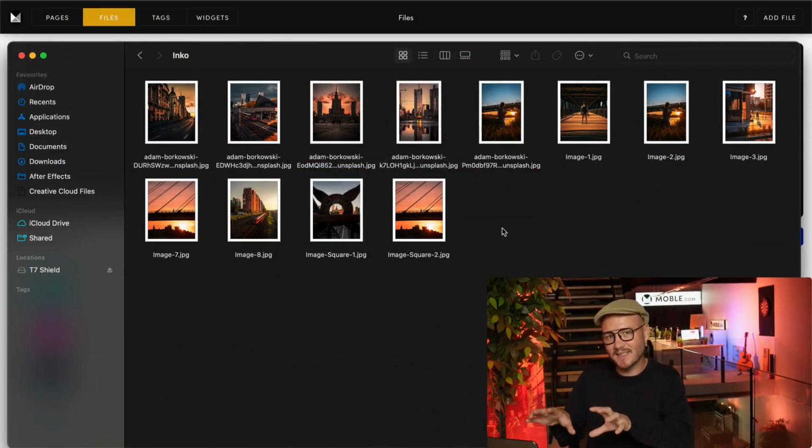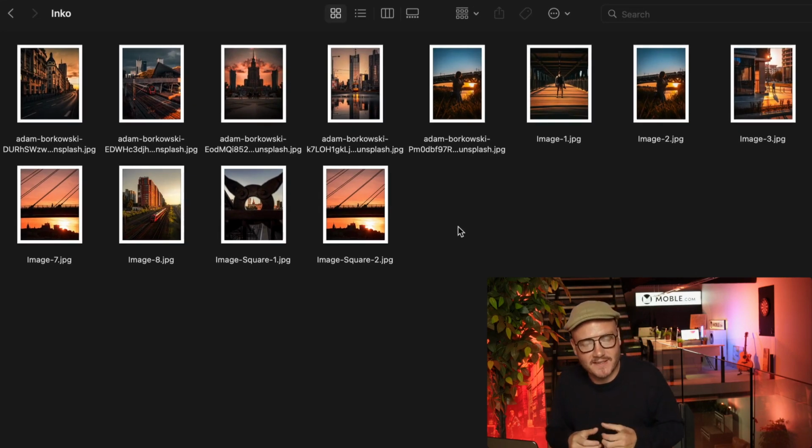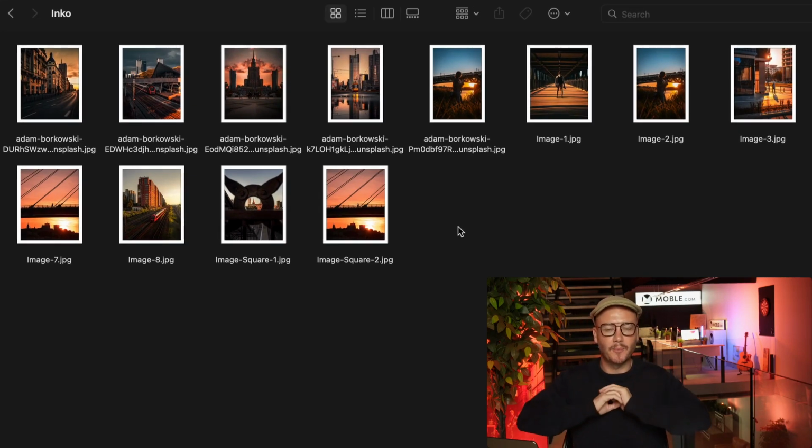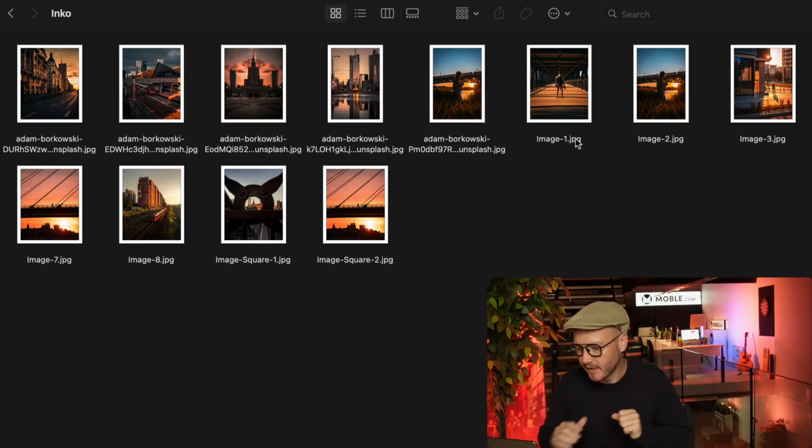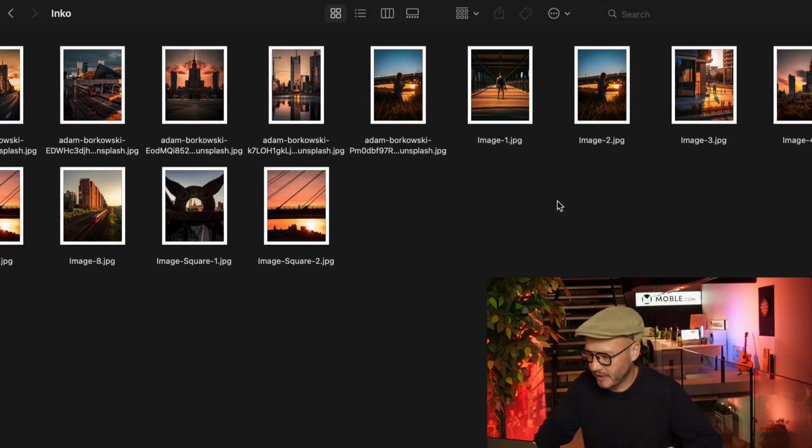Let's upload all of your images. And here you can see we're on my local computer. What we're going to do is take some images, upload them, and let our bots compress them and optimize them in an instant. And you can see here I've got a whole bunch of images that I've been working on for the Inco